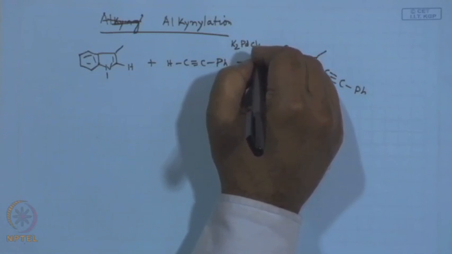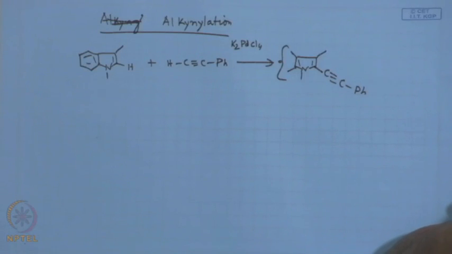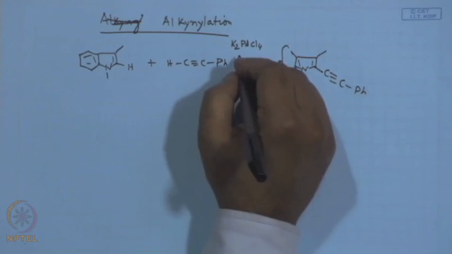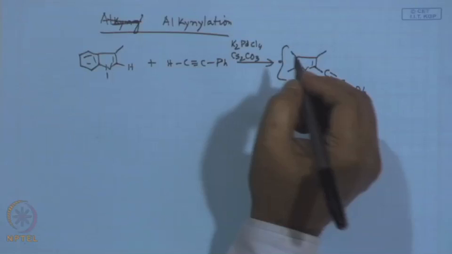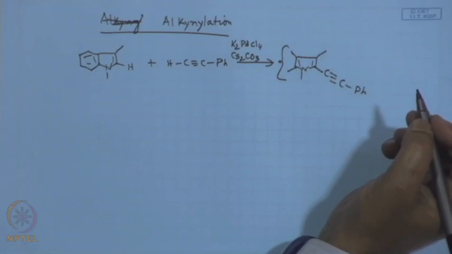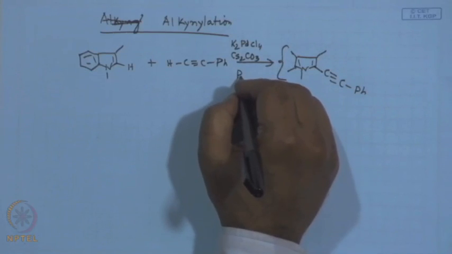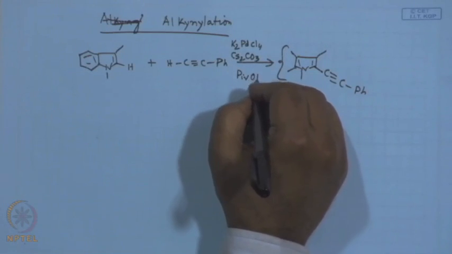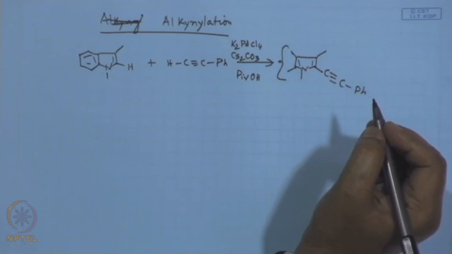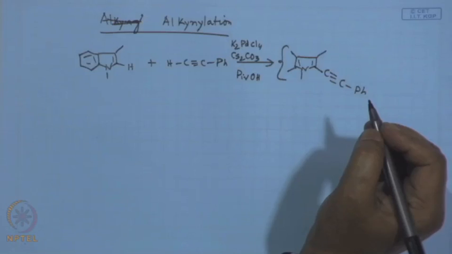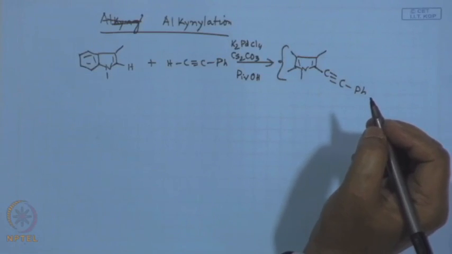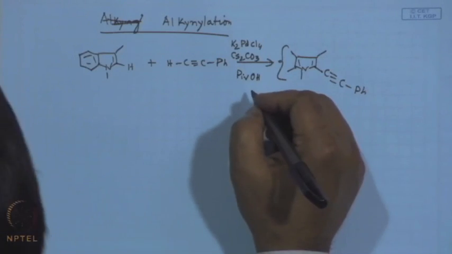potassium tetrachloropalladate. Okay. These combinations, of course, come with a little bit of experience. Then another base here is cesium carbonate, and very interestingly, an acid is required to protonate the nitrogen. So, pivalic acid is a 5 carbon tertiary butyl carboxylic acid, right, okay,